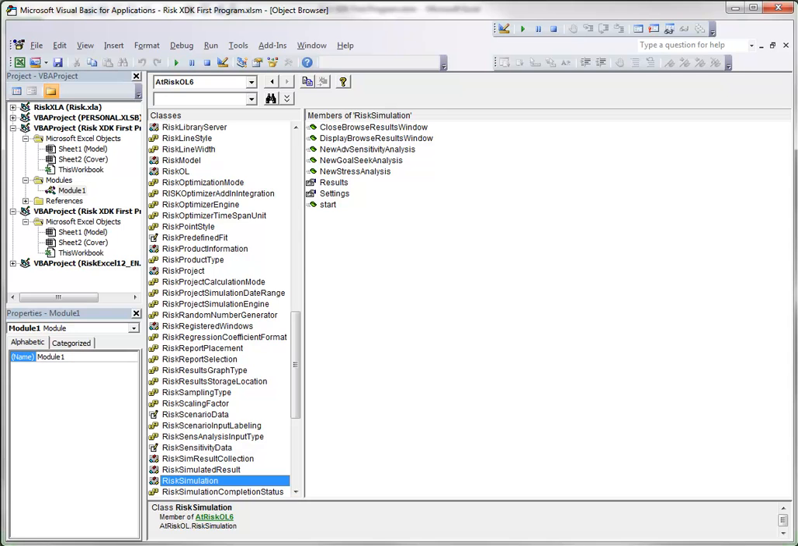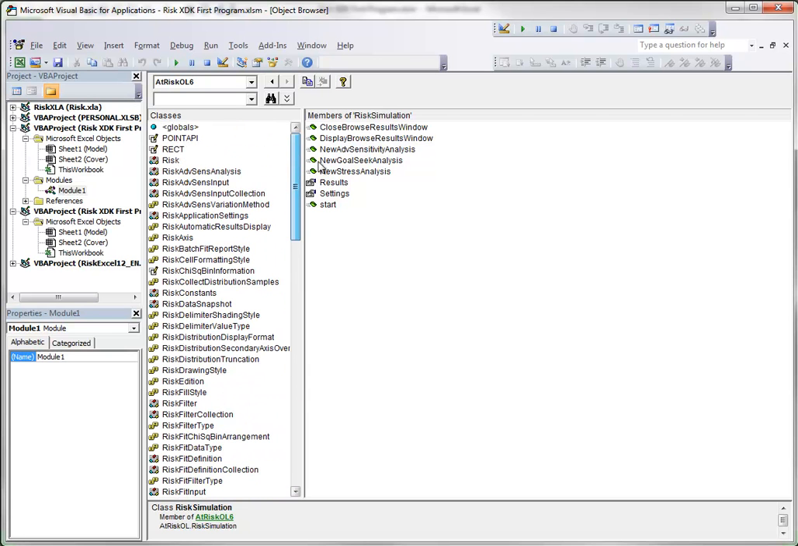This object has a settings property, which allows you to change many simulation settings, and it has a start method, which allows you to run a simulation. The object model also has singulars and plurals. Here is an example. The risk fit definition object, which is singular, and the risk fit definition collection object, which